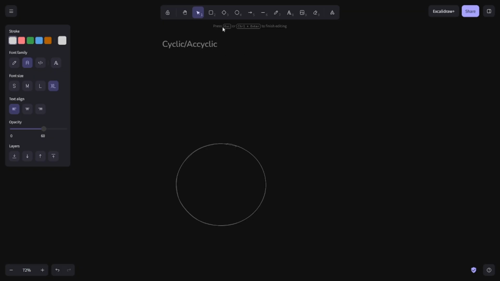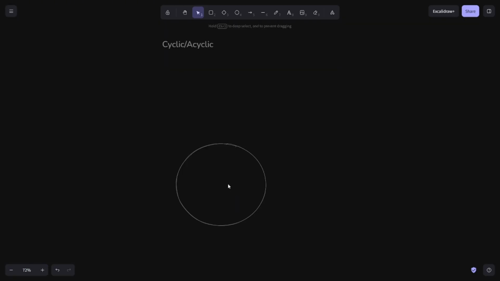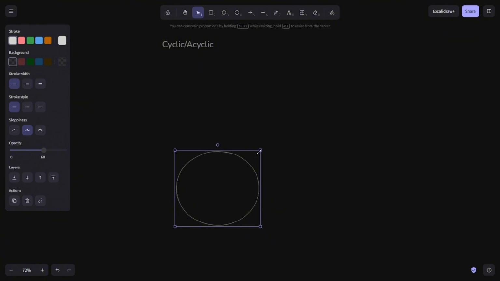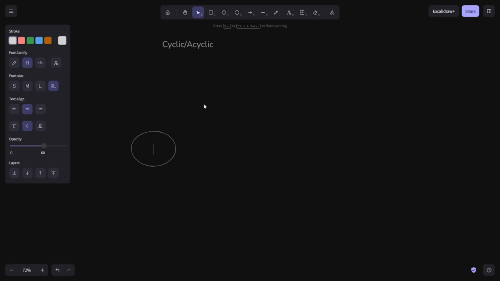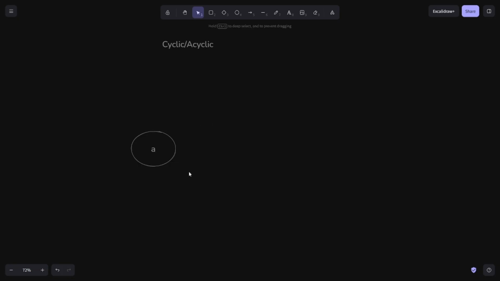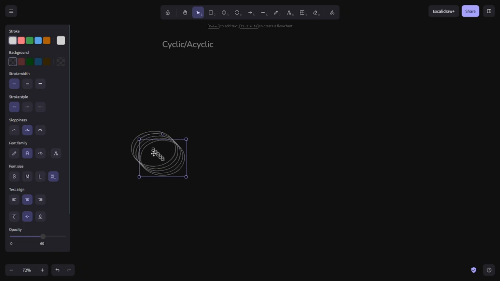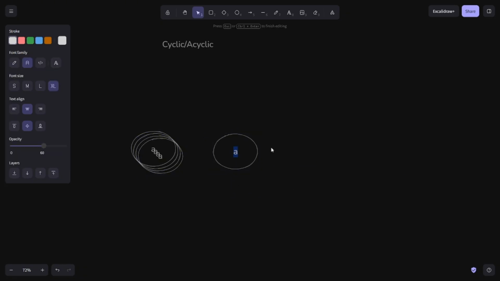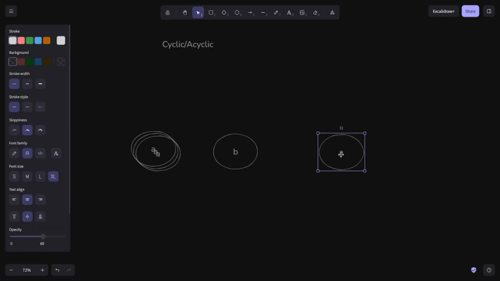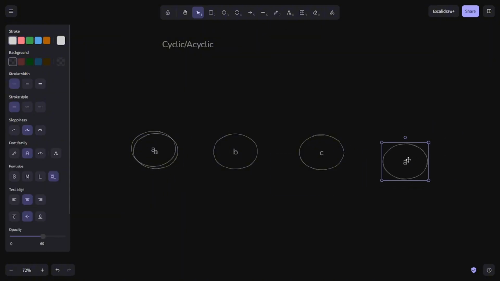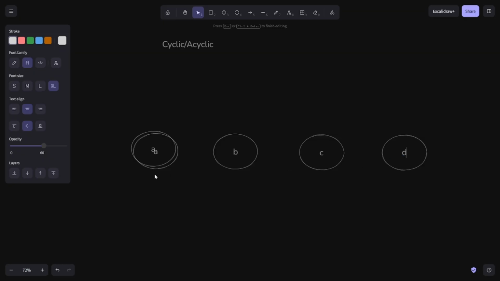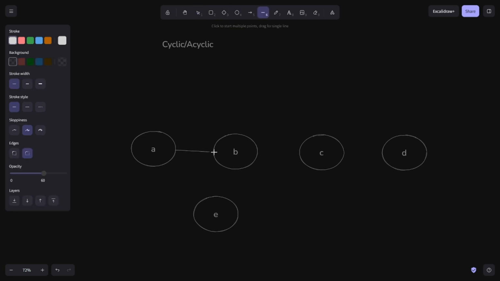Let's suppose there is a graph which has node A, node B, node C, node D, node E. And there is a connection between A to B,